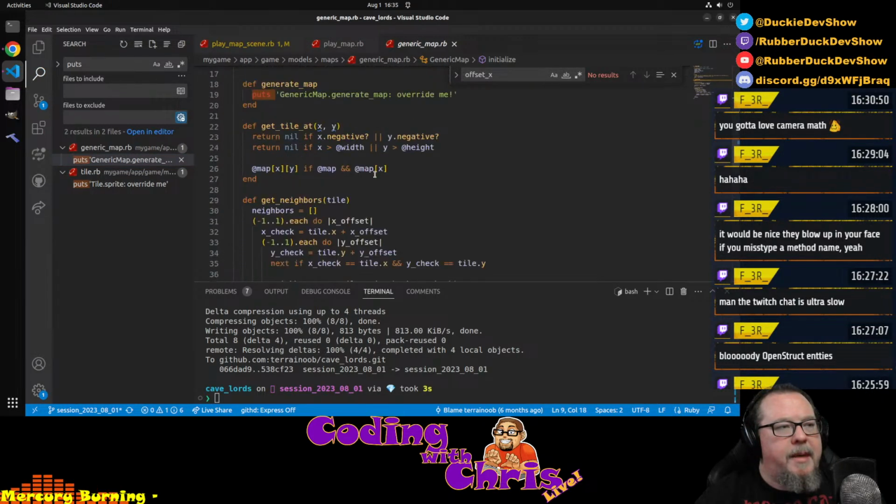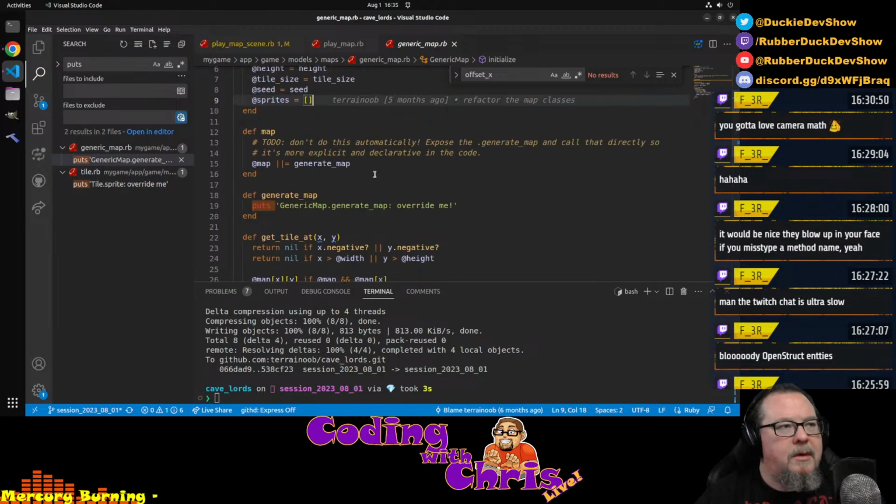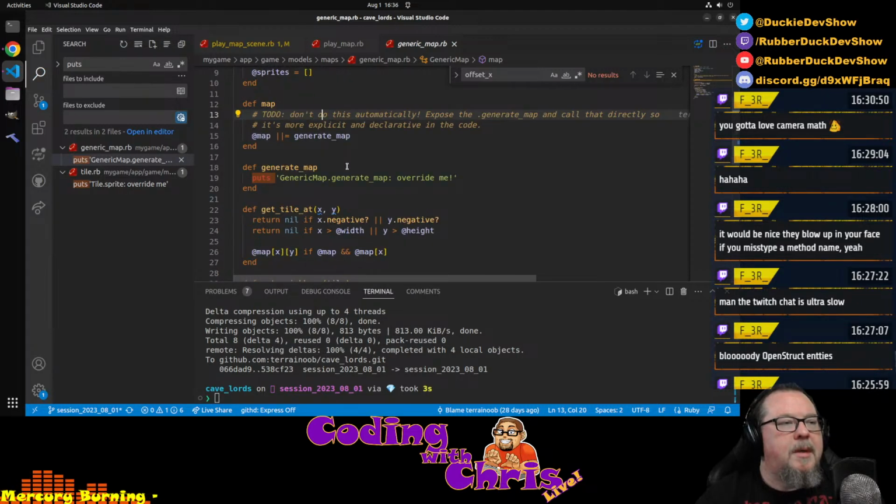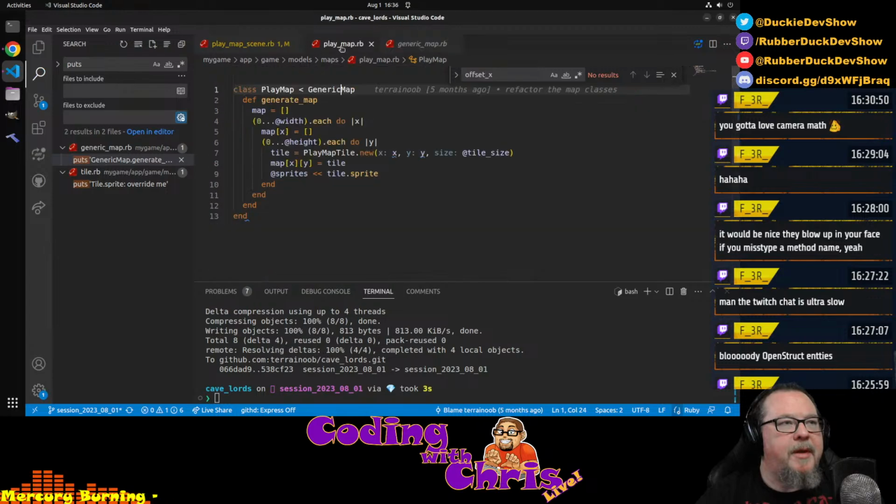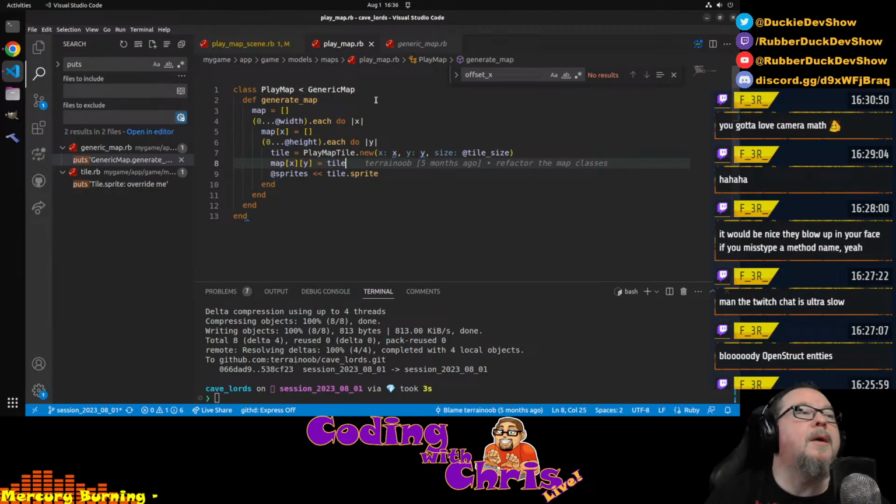When does the generate map get called? I think it gets called, yeah. So it gets called when you do map. Oh, also this. Okay, so we've got the generate map. I think we're just going to want to call that directly